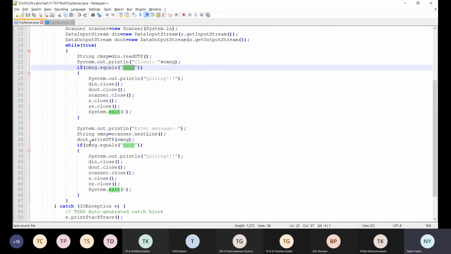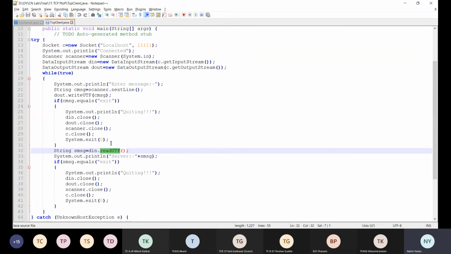Right? And suppose I get a message which is sent, say this is from the client, and suppose the user enters the message exit at the server end. Again, what does a server have to do? The server will be writing that exit to the client, and then it will again do the procedure of exit for the server. So at the client end, again, suppose we get a message from the server as exit, we will be checking if the